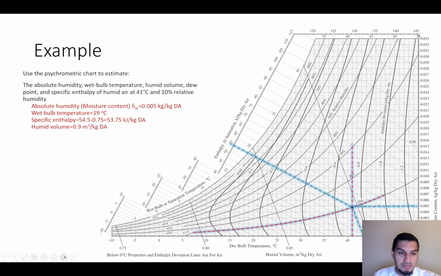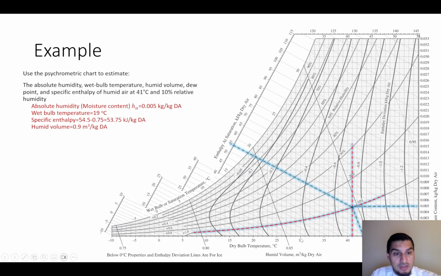around 0.9. If you see this is 0.85 and this is 0.9, so this is going to be around 0.895 or something. So it's going to be almost 0.9. This is what is written in the textbook. And